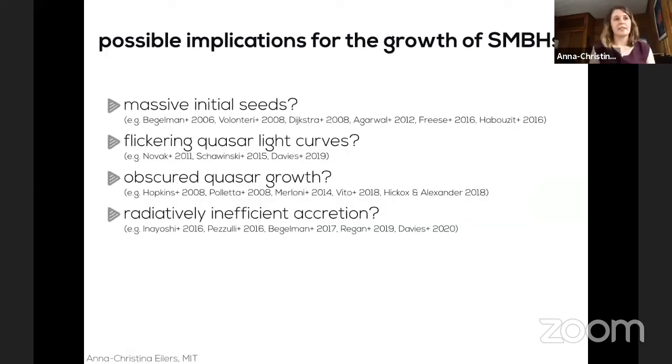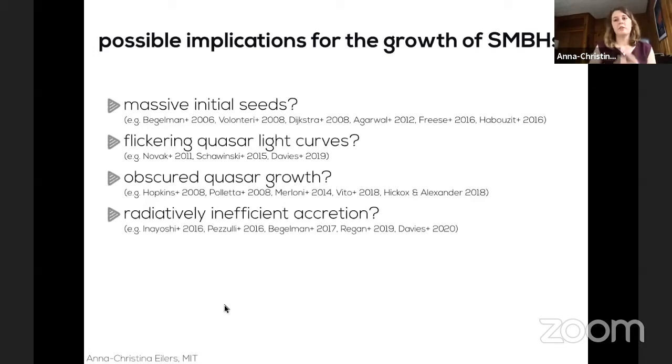Well, first, our results might provide evidence for very massive initial seeds, for instance, from direct collapse black holes or primordial black holes, rather than stellar remnants. Another option is that maybe quasars have multiple epochs of black hole growth, so they can flicker on and off, and quiescent galaxy phases would alternate with the luminous quasar phases during which the black hole growth is happening. So basically saying the duty cycle is much longer than the lifetime. We could have obscured quasar growth phases, where the UV radiation from the accretion disk is obscured by dust. Or we could have very radiatively inefficient accretion, which is often slightly confusingly called super-Eddington accretion.